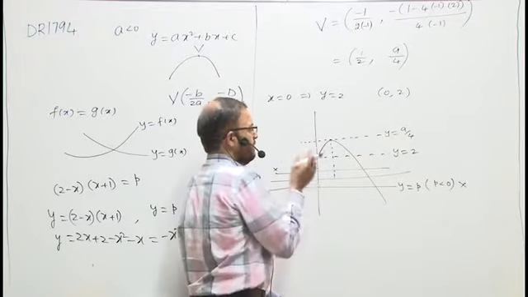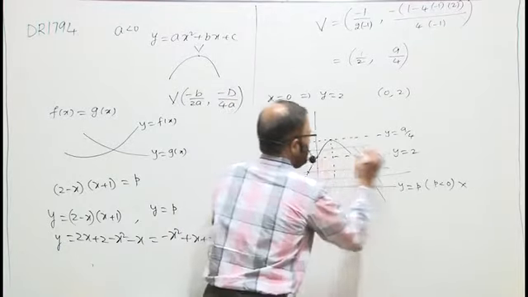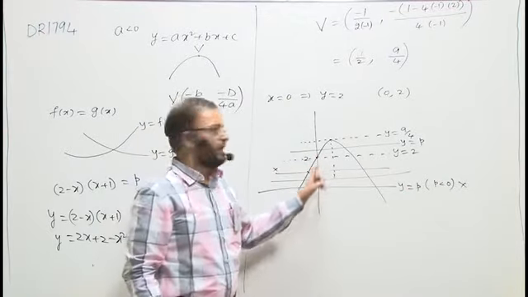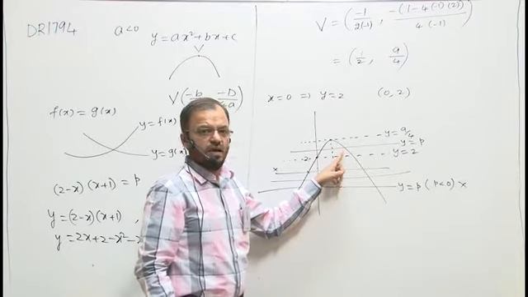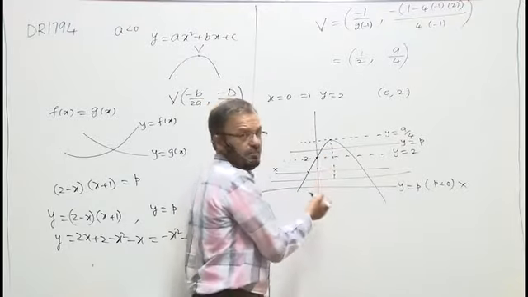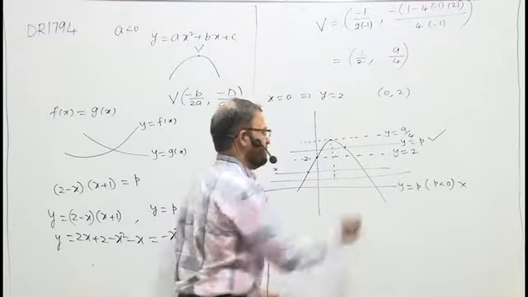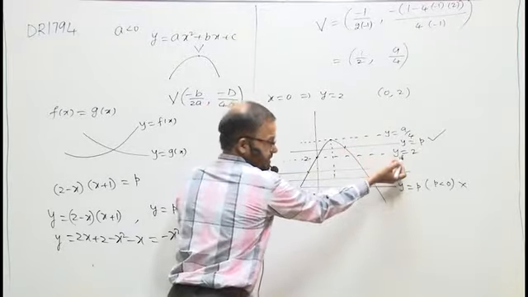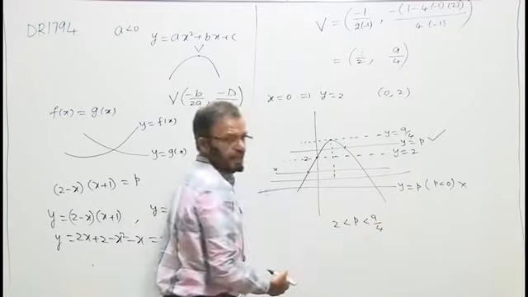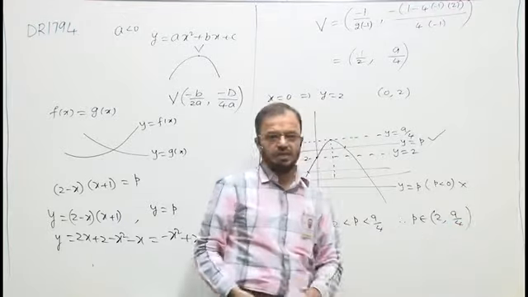I need a value of p for which you will get both positive roots. I draw a line here. Then y equals p. It is intersecting the curve here and another point is here. Both these points are in the 1st quadrant. If it is in the 1st quadrant, the x coordinate here you will get positive, and the x coordinate here will get positive. Hence this is an acceptable line. Now the value of p lies between 2 and 9/4. I can say 2 less than p less than 9/4. Therefore p belongs to 2 to 9/4, which is obtained in the B option.